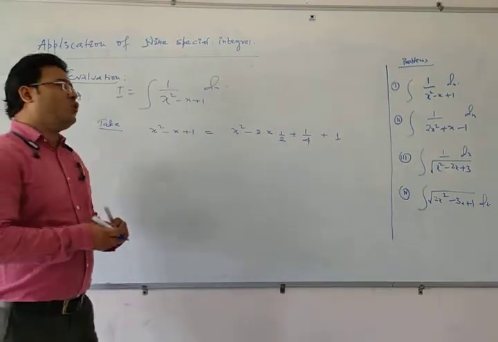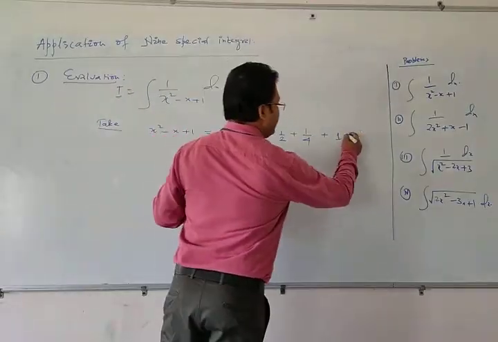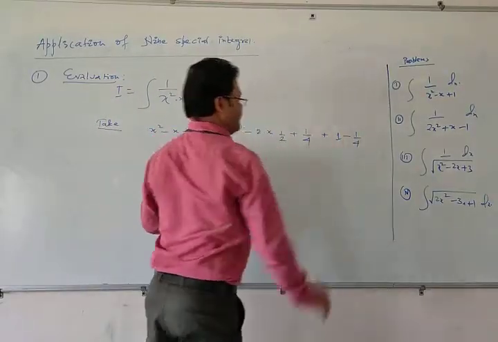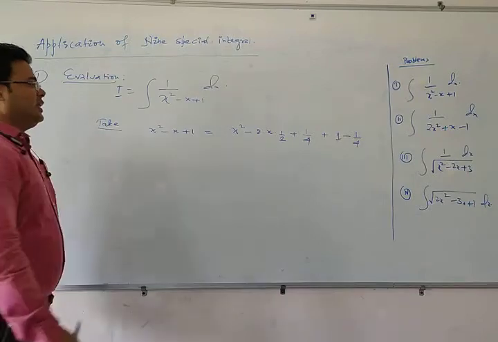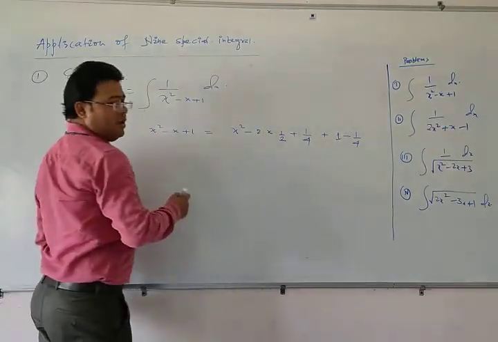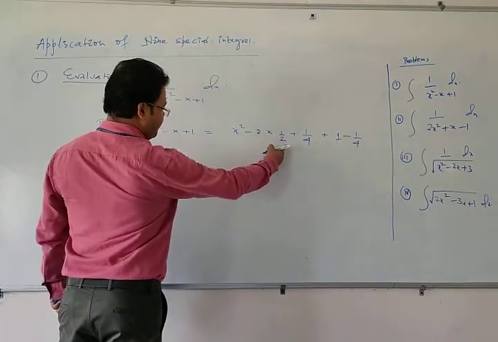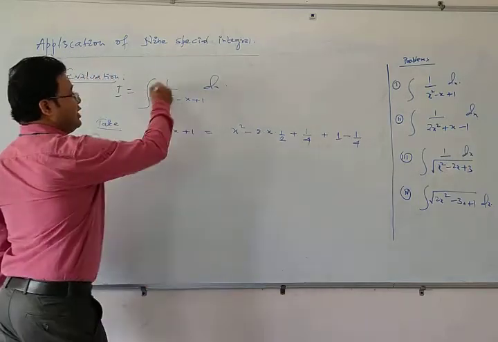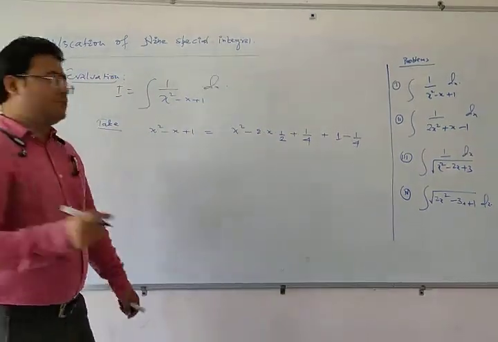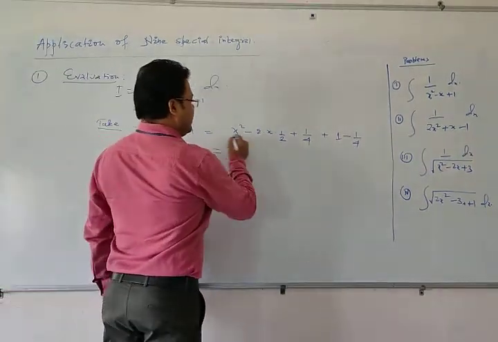So mathematically you have to manage it. So we also write minus 1 by 4. And you can see this is equal to this. But why do we write this? Because we have to evaluate this type of integral. So you can see here,